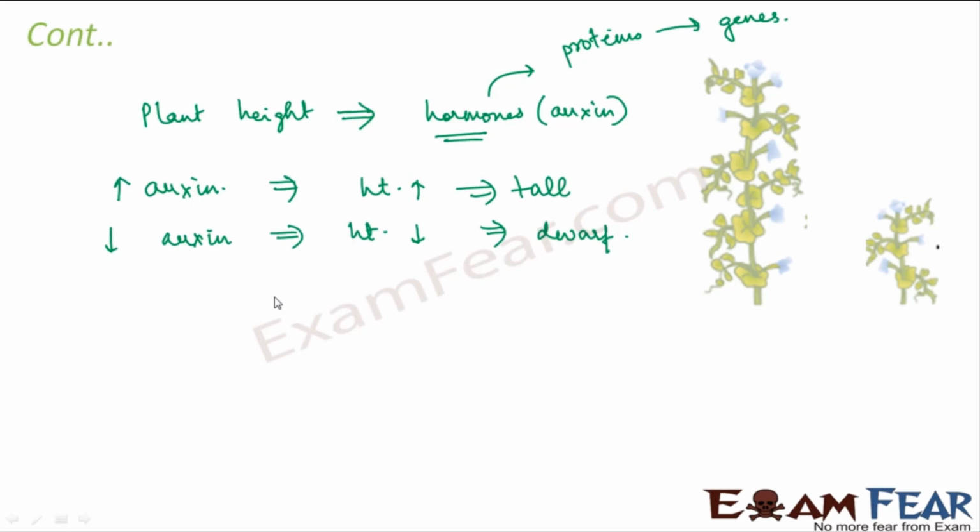So this was just an example. Similarly, all other traits which we see in different organisms, be it eye color, hair color, skin color, body appearance, everything in turn is controlled by something inside the body, which in turn depends on the synthesis of proteins. And protein synthesis is wholly and solely controlled by the genes. Therefore, we say that genes control the different traits in an organism, right?